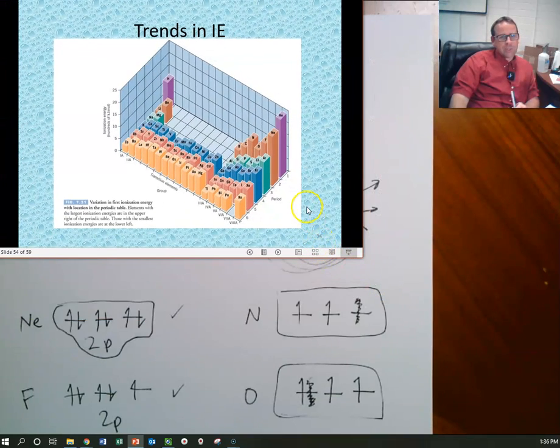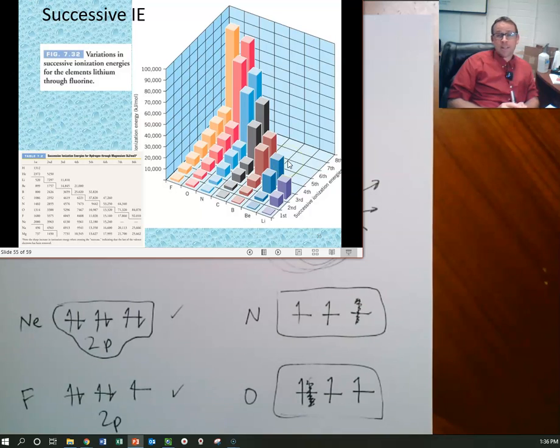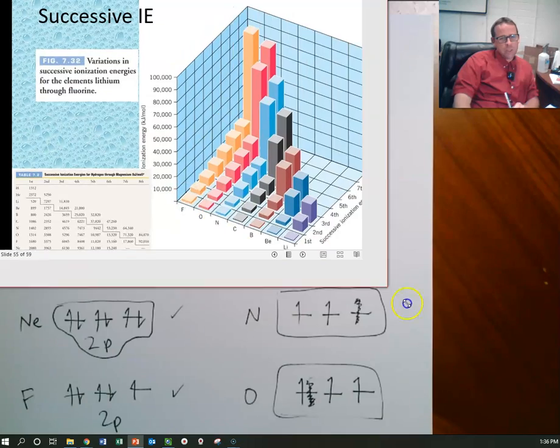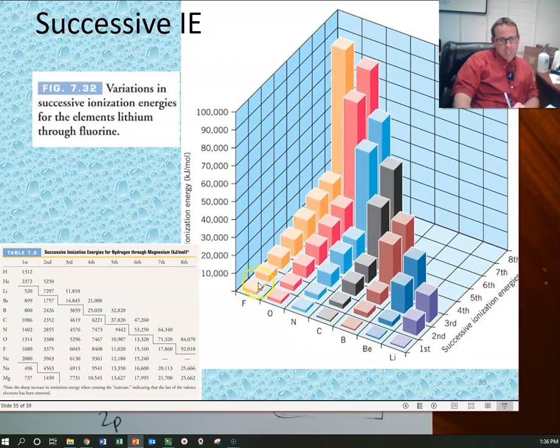So, in terms of successive ionization energies, like we said, here's fluorine, and this is how much energy it takes to remove an electron from fluorine, right? It takes some energy. The second one takes more energy. The third one more, and so forth, and you see an increase as it takes more and more energy to remove that successive electron. However, there comes a point where there's a huge jump, right? Oxygen, same thing, an increase in the amount of energy, but then there comes a point where there's a